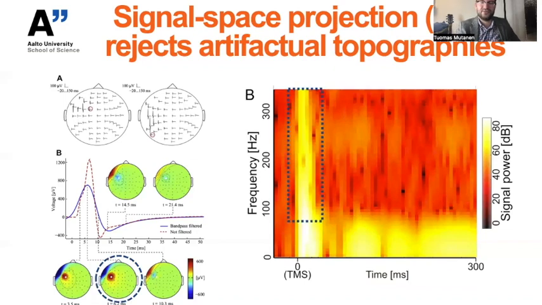And again, we use the physics and physiology, because the muscles are superficial and they are lying on the skull. We know that the frequency band at which their spectrum is observed in the EEG is much broader than the frequency spectrum of the neuronal signals, which are expected to be below 100 Hz. So if we look into the high-pass filtered data, we can use that to estimate the topographies of the artifacts that we can then project out with the signal space projection method.